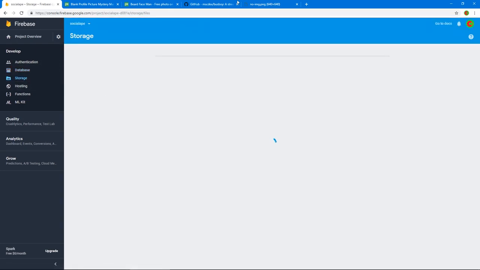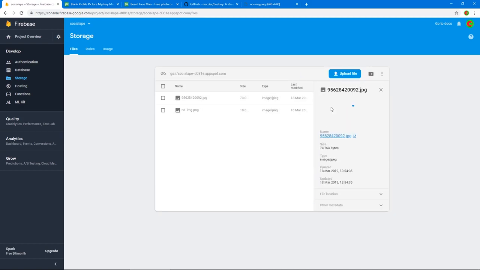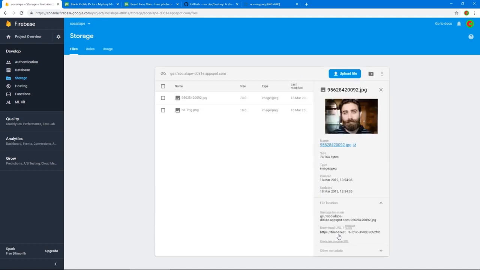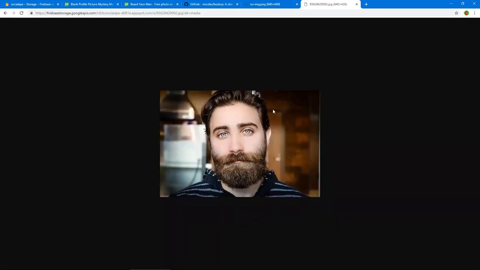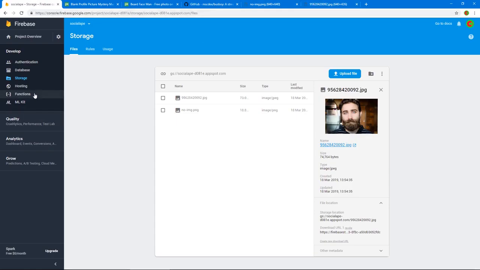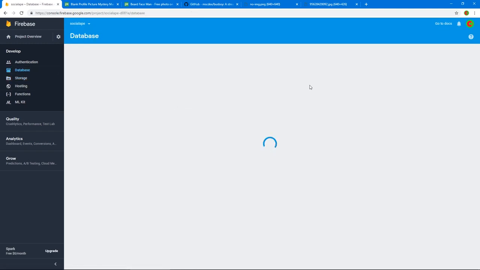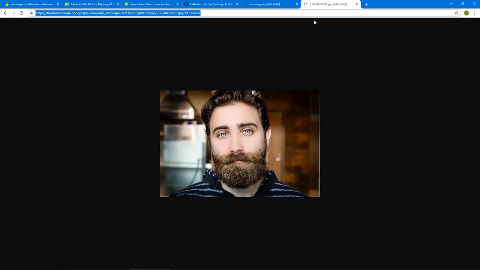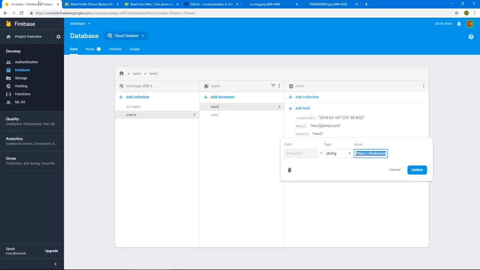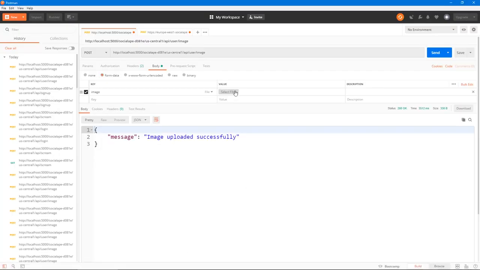If we go to storage, and by the way, when you click on storage, you go here, file location, and you take this download URL, it gives you a URL with an access token, which you need if you don't have access permission. And if you just remove that and hit enter, there we go, we get that image. And the same URL is stored in the database in the user's document. So it's new2, and there we go, we copy that URL, we paste it, and it's exactly the same image. Cool. And if we try to upload another image, let's upload this PNG, send,